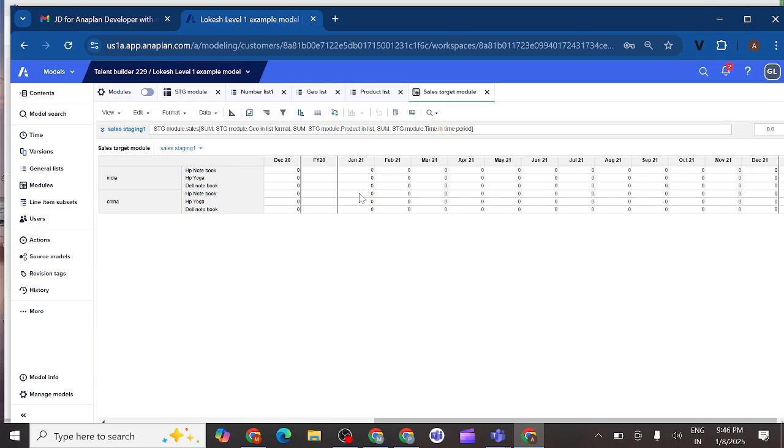Yes, yes. So in this way we will get it by import, and also by writing formulas, we have a number of ways. But we should mention any one option, we should not say all these things, only one option. By using the sum function you can pull data, so one option is enough. So from staging to the target module you can pull, and from the target module to the spoke model, whatever the target module dimensions and everything we have,